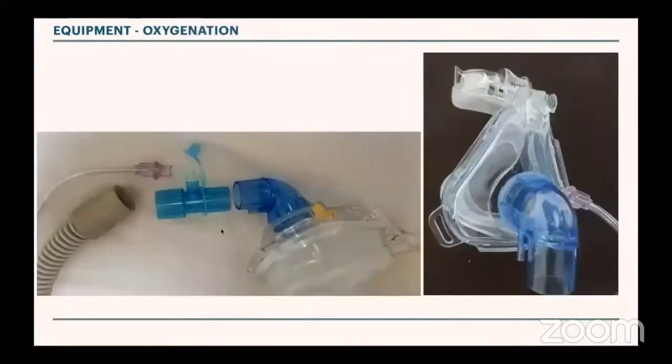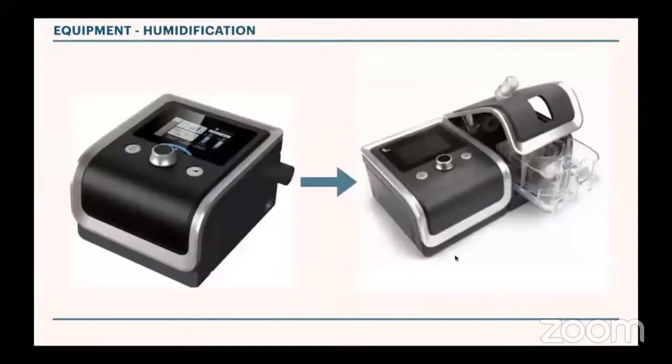Now, in single limb circuits, oxygen can be added by an adapter which has a side port for oxygen tubing, and also oxygen can be connected to one of the expiratory vent ports in the mask. Make sure that the other vent port, or the vent port in the proximal limb of the circuit, is open in such a situation. Humidification can be achieved by